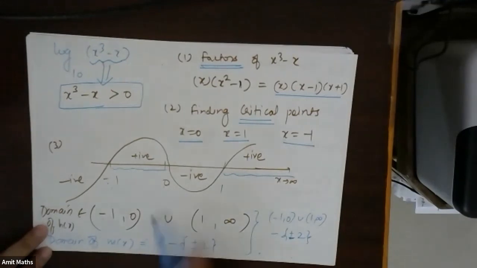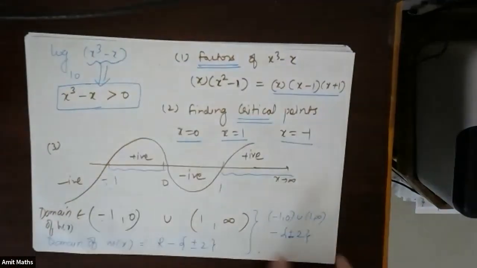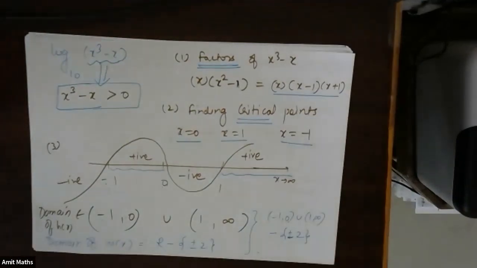Then I will take the intersection of the domains of h of x and m of x. Okay. Fine. So these were some examples. After this, we'll do some questions on finding the domain for trigonometric functions also. If there is any doubt, you can send a message, and I'll explain.